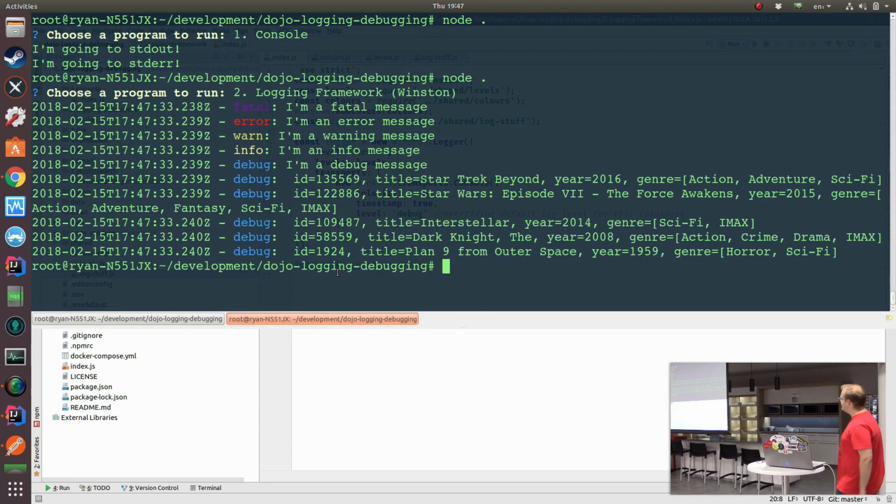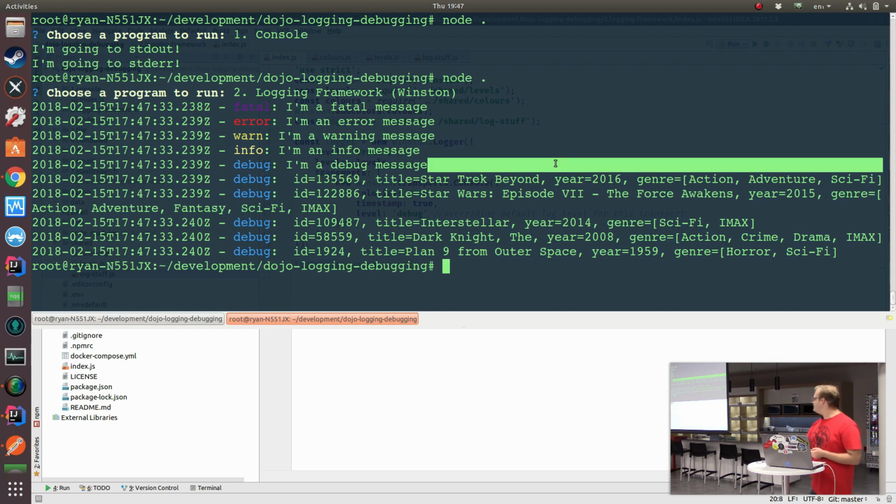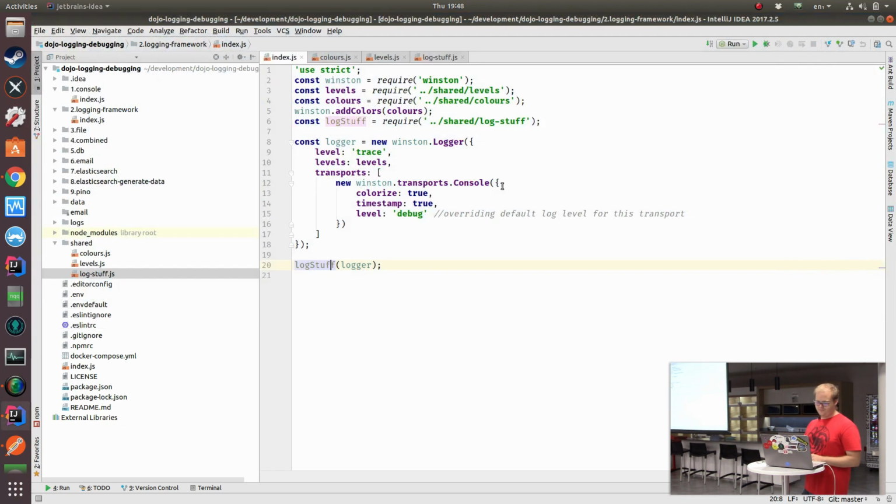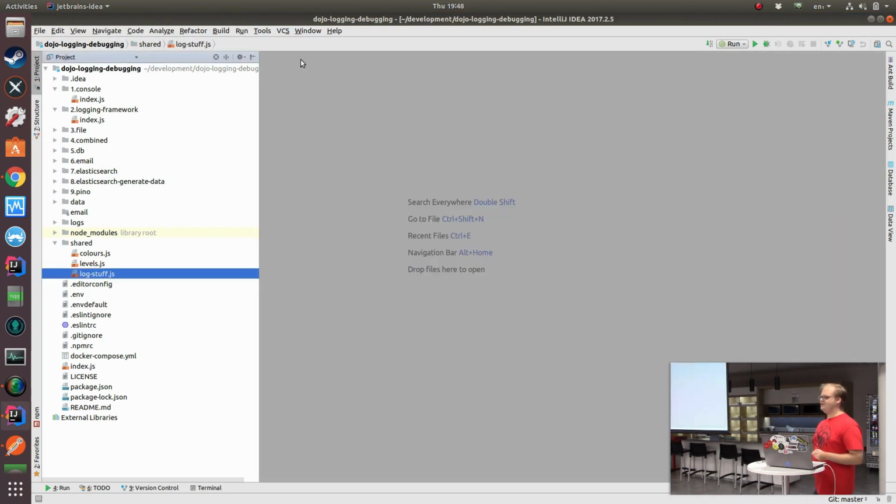So we get some pretty colors, which is quite cool. And we get a timestamp, which is really useful. There's nothing worse than trawling through logs without a timestamp. And you can tweak the formatting quite a bit. You'll see it's got this sort of semi-pretty print way that it serializes JSON over there without all the braces. You can turn that off if you want actual proper JSON, which becomes quite important a little bit later on. Cool. So logging to console, we've increased our console visibility by adding some colors and some timestamps,